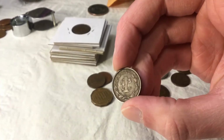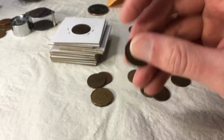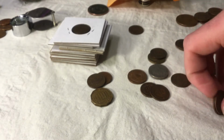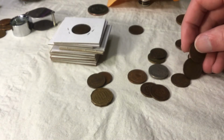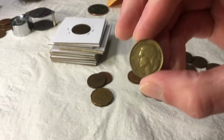It's an older Mexican centavo. Very cool. It's probably a little larger than a penny, I think. See, I did get a couple pennies, so we can check that. Yeah, I think it's slightly larger than a penny, for whatever reason. What's this? Oh, this is like just...